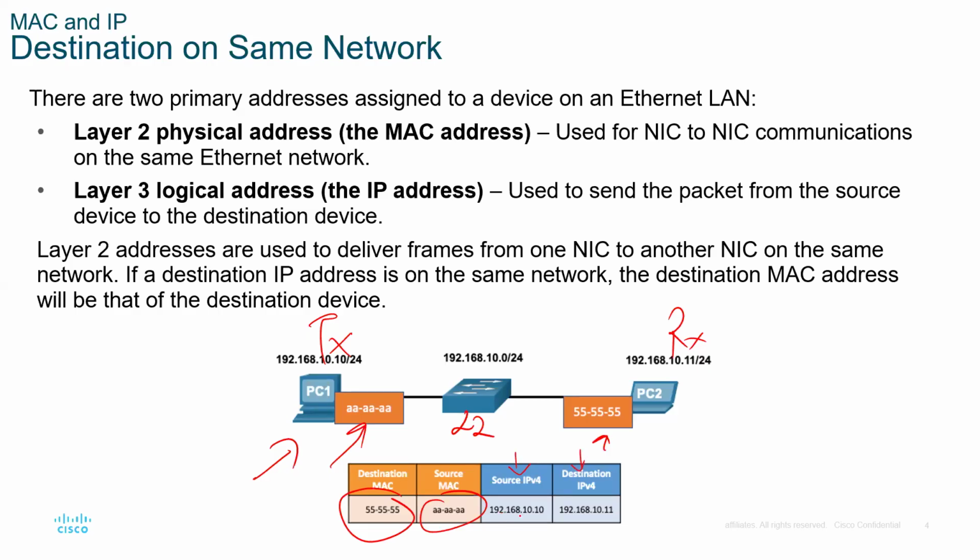So basically what we are saying here, if we have a local area network, the destination MAC will be the MAC address of the destination device. So this is the destination MAC. This is the destination of the receiving device. It's the same. But in a case where we now have a router,